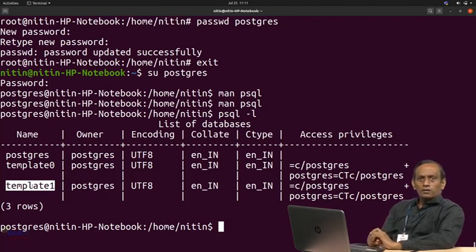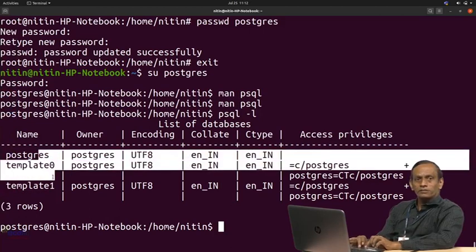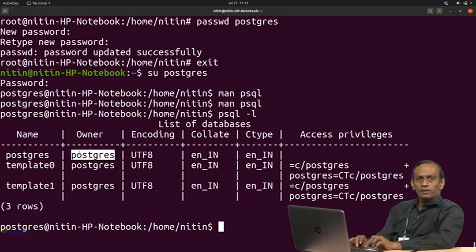So, this is a kind of data dictionary for you, which is used to keep information about your databases. When I say your databases, I mean the databases created by the user. These databases are created in this case by the system, the server system. So, the owner of these 3 databases would be Postgres.